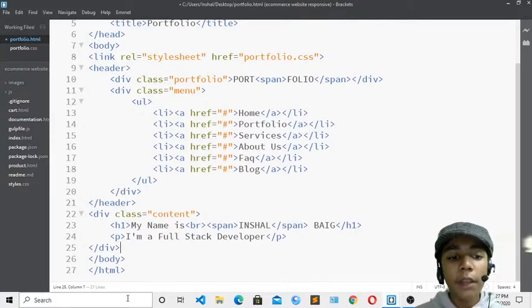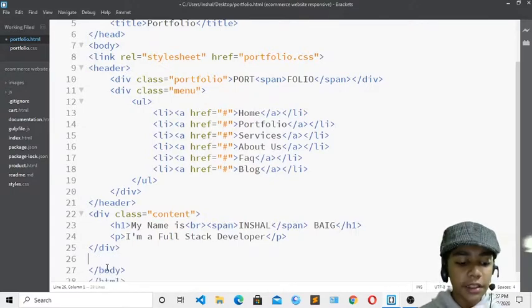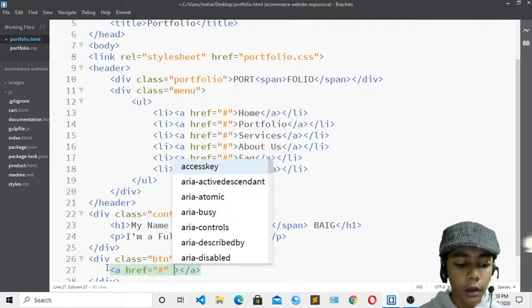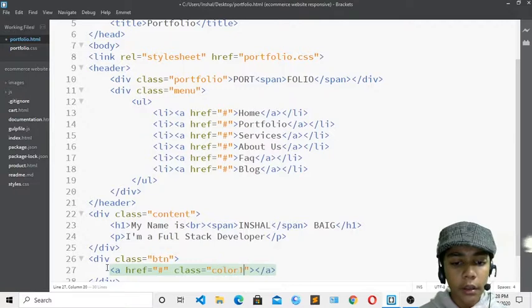Previously when we were making the button, I was giving it border radius and also padding of large. Now I will give a small padding, and our button will not contain border radius. It will only contain the box shadow, and it will be like a square box. So I will write over here div with class of btn. Now I will write an a tag, and in here I will write this hashtag. Like you all know, it is really important to write for the link, so I will write class of color one. My button name will be about me. So I am writing like that.